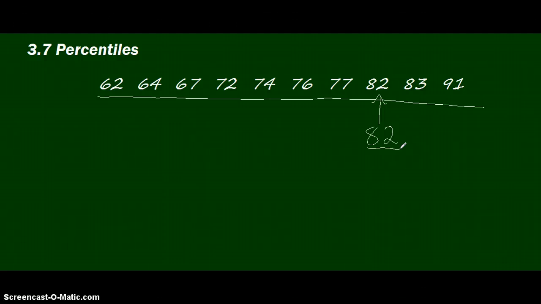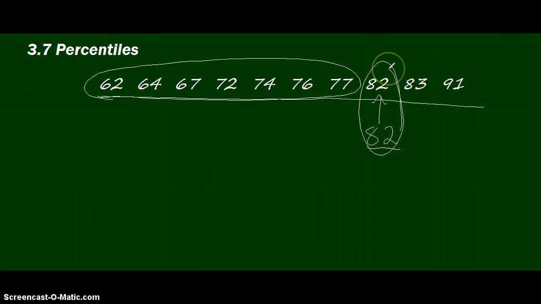We want to know what sort of ranking we have here. So what we're going to do is simply take how many students are below us, and that is these 7 students which are below us, right? You have 7 students below, plus half the equal scores. Now, there are 2 equal scores here. That is 1. So we're going to take 7 students plus half of the equal scores, which is 1. And we're going to then divide that simply by the total number of students, which in this case is 11. So you have 7 plus 1, which is 8, divided by 11,